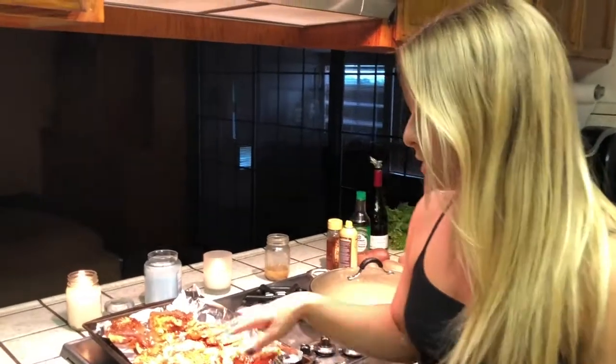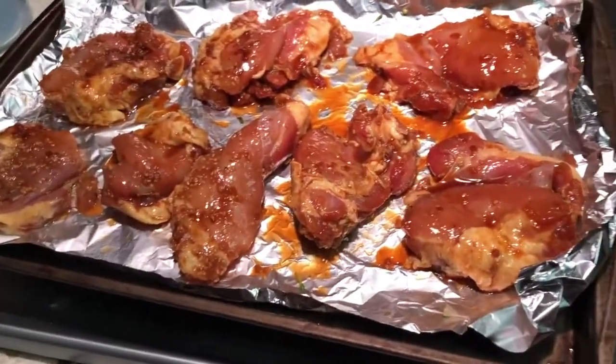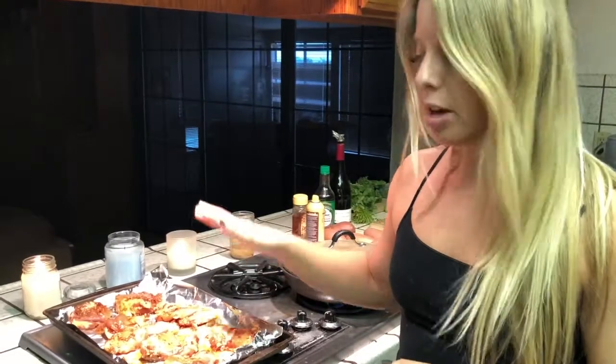Okay, so my first meal is finishing up cooking in the oven. So I started to prep my second one to go in as soon as I'm done. It's very similar to the other one. It's another one pan meal, but this time I just marinated it in some teriyaki marinade that we got at the store. And same idea, I'm gonna cook this for at least 15 minutes, let it kind of brown,